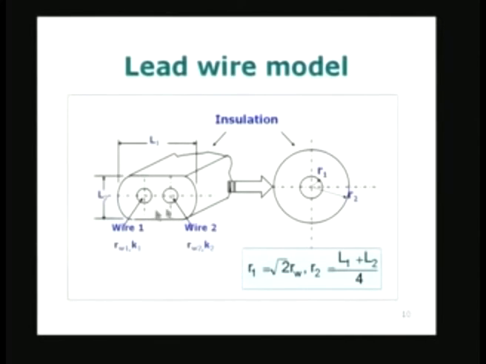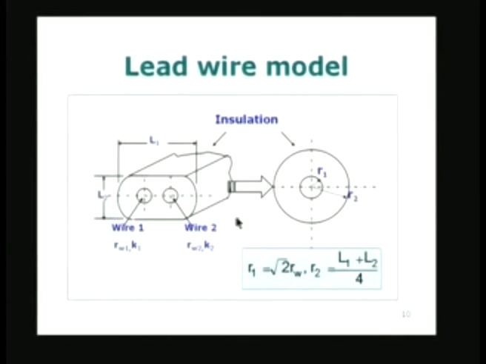Wire 1 and wire 2 normally have the same diameter. So, RW1 and RW2 I have written for generality, but they can be the same, equal to RW, and the two materials obviously have two different thermal conductivities. So, thermal properties of the two materials are different, K1 and K2, and these two wires are laid parallel to each other at a certain distance between them, so that there is no physical contact along the length of the wire between these two materials, and it is surrounded by an insulation whose thermal conductivity may be Ki, for example. The insulation will have a major dimension L1 and a minor dimension equal to L2.